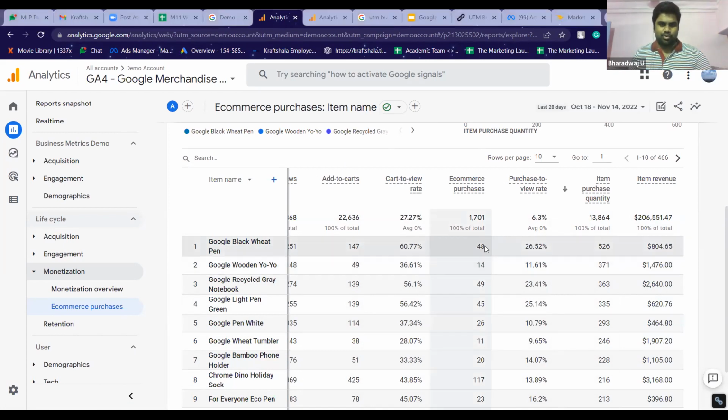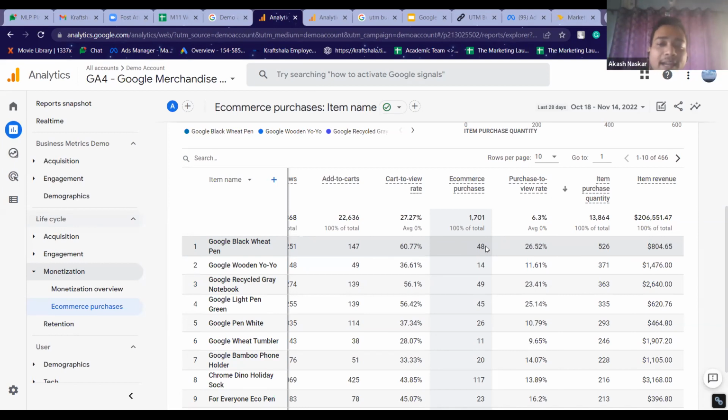The conversion value, the purchase value. As I just explained, e-commerce purchase means that you have purchased the product once, but it's not one product, it may be multiple products. Basically, you made a conversion. For example, if I buy 10 pens at once, it will count as one conversion. But in the item purchase quantity, it will be counted as 10 units sold.